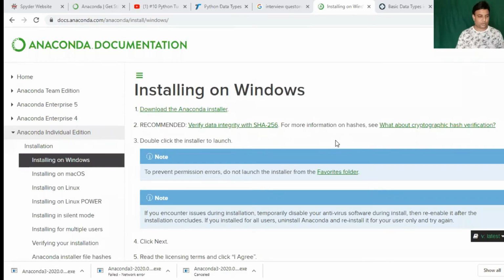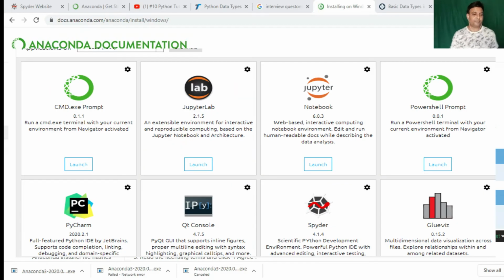So guys, I hope you can see my screen clearly. See, each and every IDE is over here, including PyCharm, Jupyter, Spyder, Notebook, right? Each and every famous IDE is listed over here. So you can launch whichever IDE you want to use for Python development activities from here. You just click over it and that IDE will be launched, open for you to do your development activities.